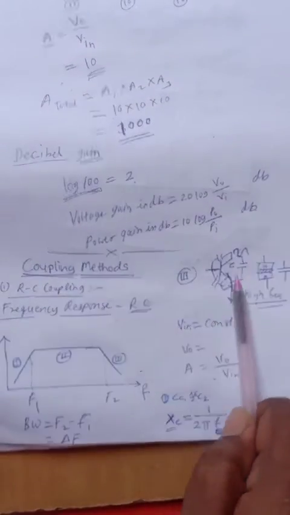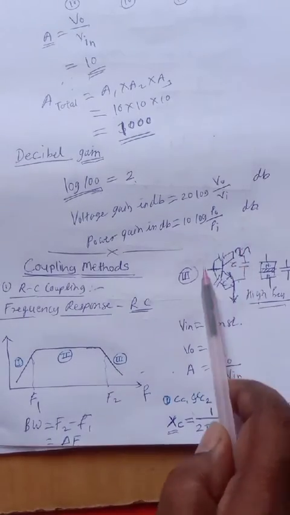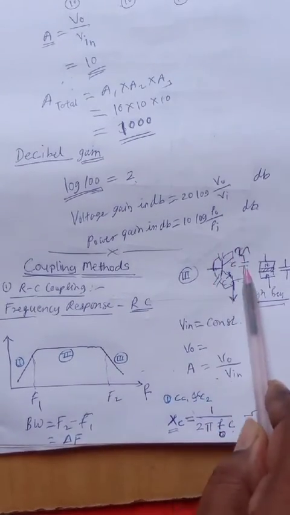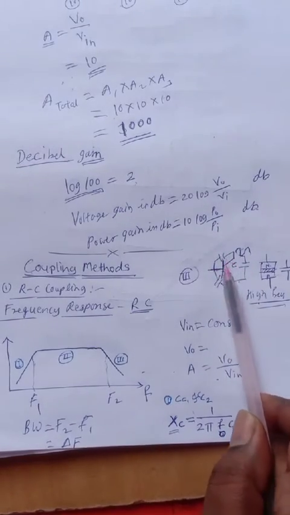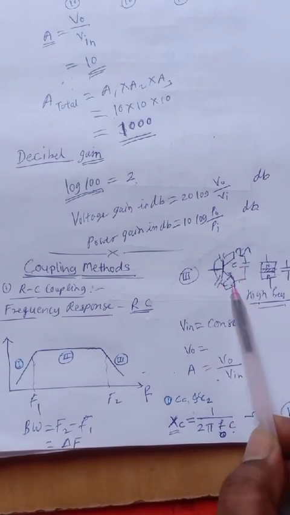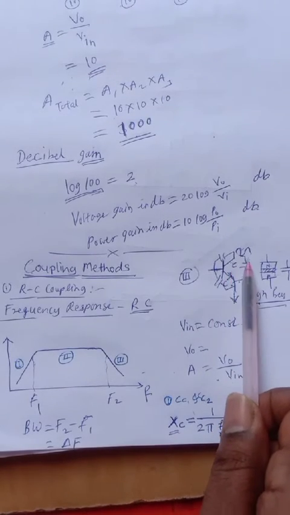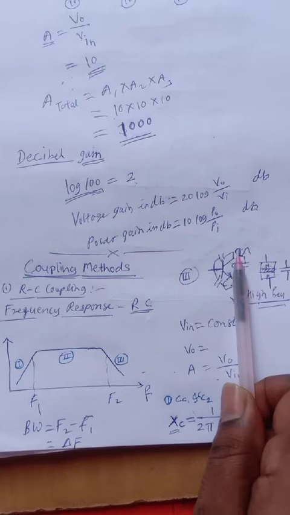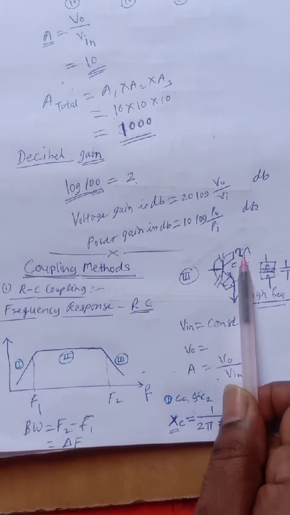Third part: at the higher frequency the voltage decreases because of the inter-electrode capacitors. That is also because of capacitors, but these are inter-electrode, meaning base to collector, base to emitter, and collector to emitter. These act like capacitors. At the higher frequencies the developed AC voltage is grounded by these capacitors, and as it is grounded, the output voltage decreases.